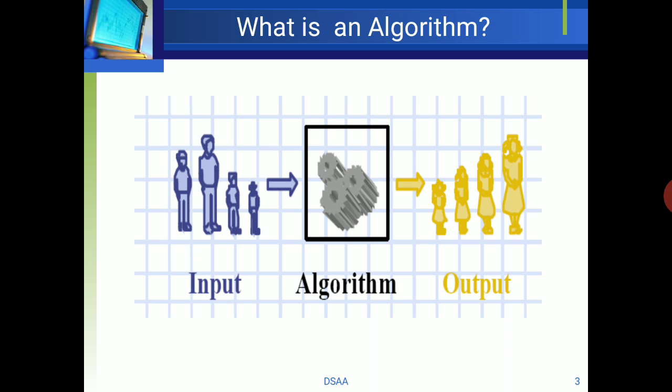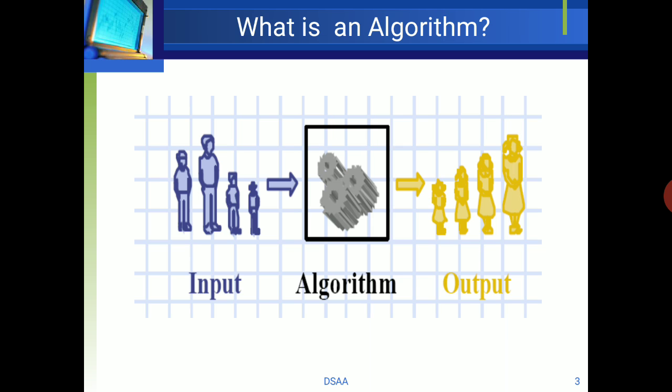Before that, let's discuss what an algorithm is. In this picture, you can see we require input, how you are going to implement it, and what the output of your algorithm is. So we require three major components. Let me give you the simplest example for better understanding of an algorithm. If I would like to add two numbers, what is the input over here? Two numbers are my input. Let us say 5 plus 10. So 5 and 10 are the input.